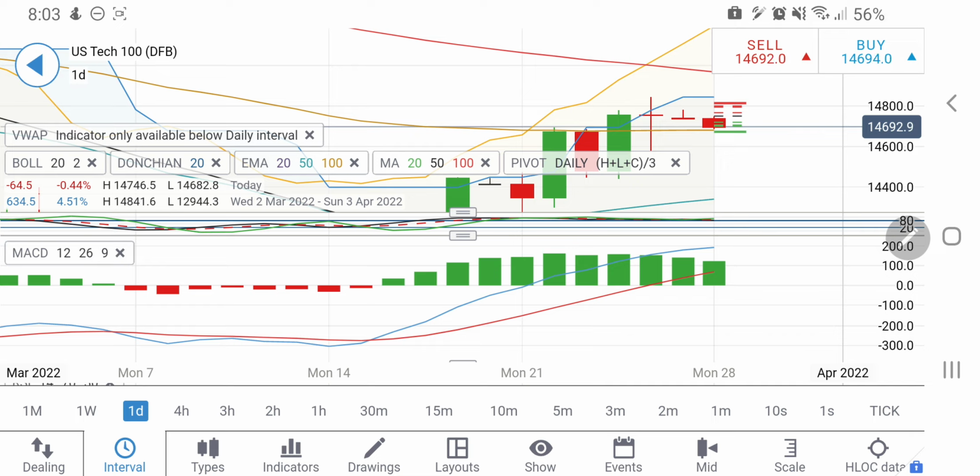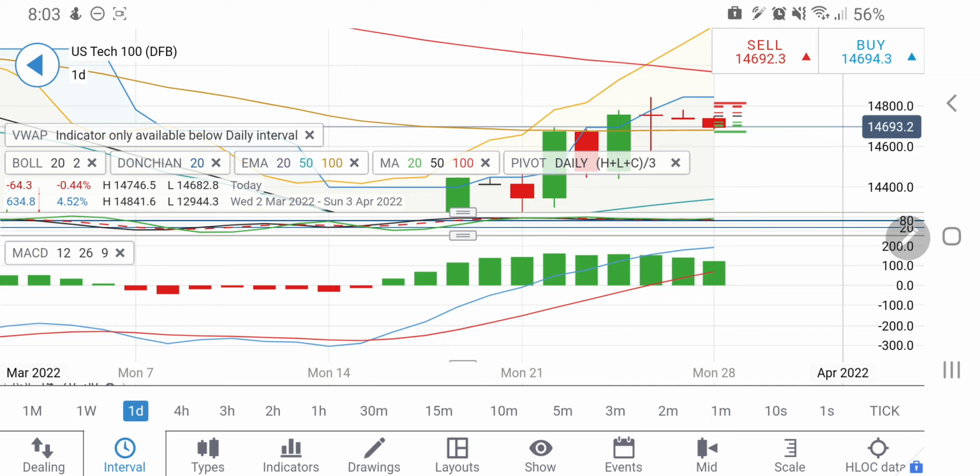Till a rise to 14,740, yes, you can take a short entry any point of time till there. One can remain short, the first support at 14,660, then the next targets 14,600, 14,540, 14,500. In fact, it can go below 14,500 also, where you can expect 14,440 levels, but this is only applicable till the time it remains below 14,750.